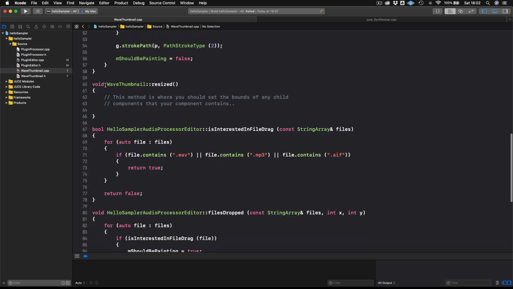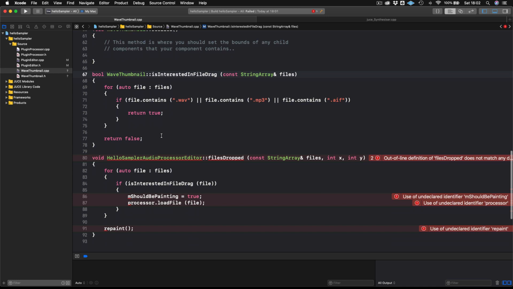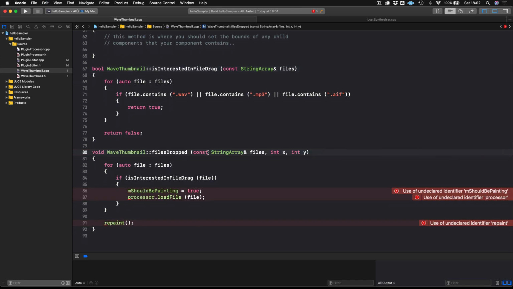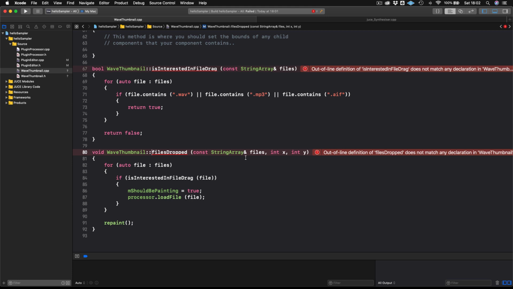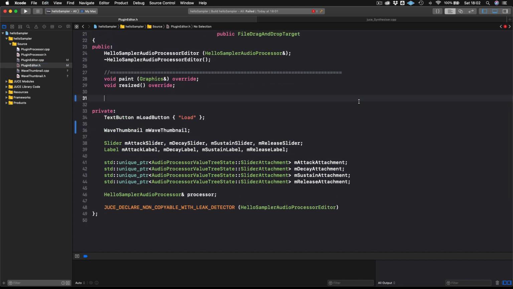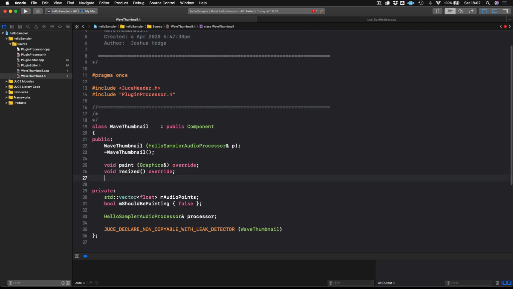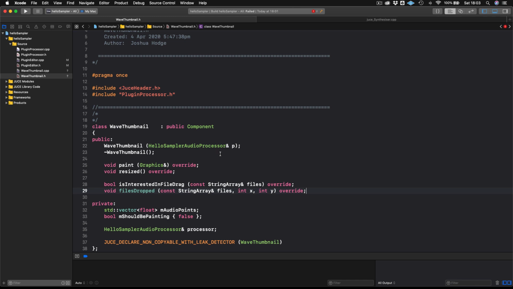And now that we've done that, we need to do a couple other things just to make it work. First thing is that this isn't in the Hello Sampler Audio Processor Editor anymore. We're now in the Wave Thumbnail class. So now I need to correct that. And now I need to add these functions to my header file in Wave Thumbnail. So I can just cut them out of my editor and just place them here. And then we're going to get another error